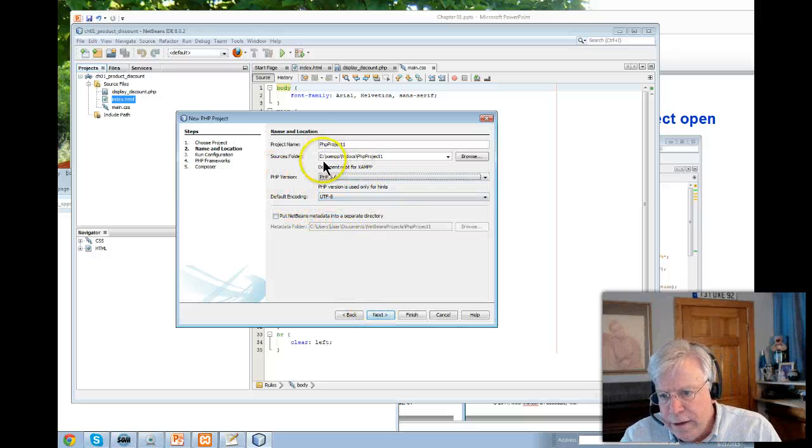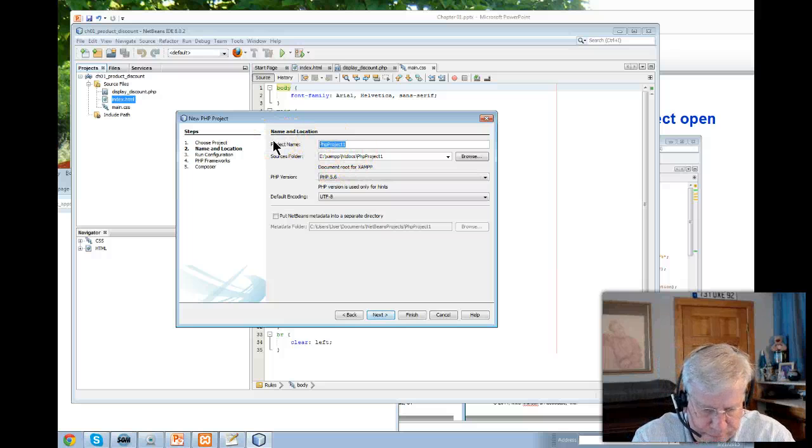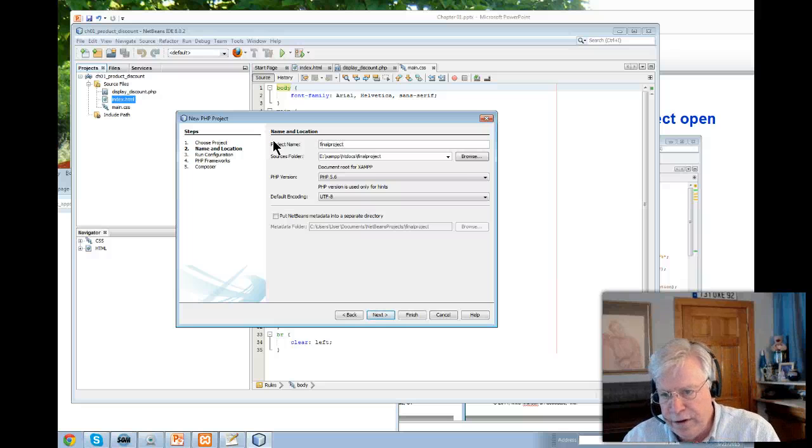Notice here, it took a second, but it figured out where stuff is going to go, XAMPP htdocs. I'm going to call this final project, just final project, and this way I can start